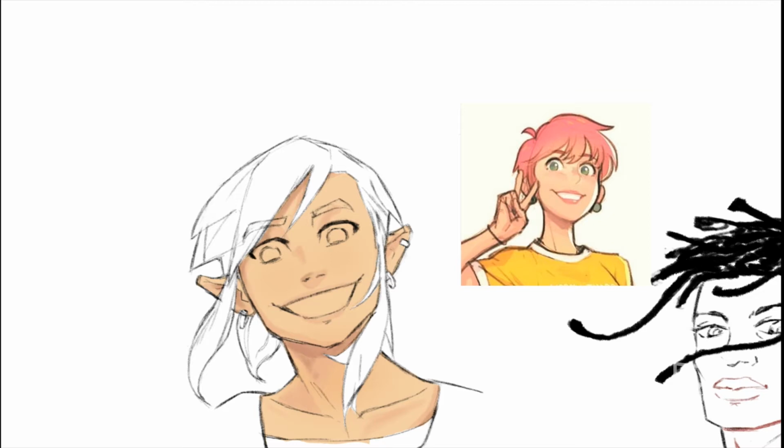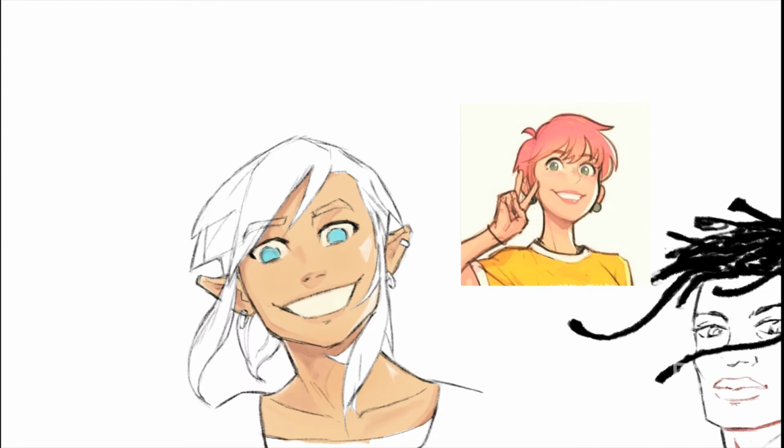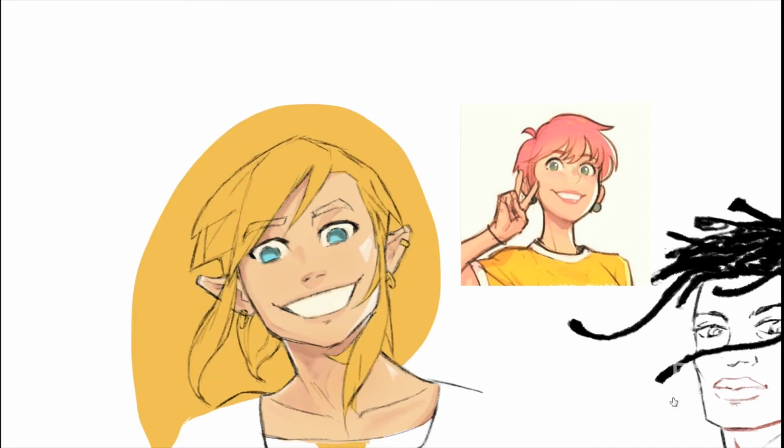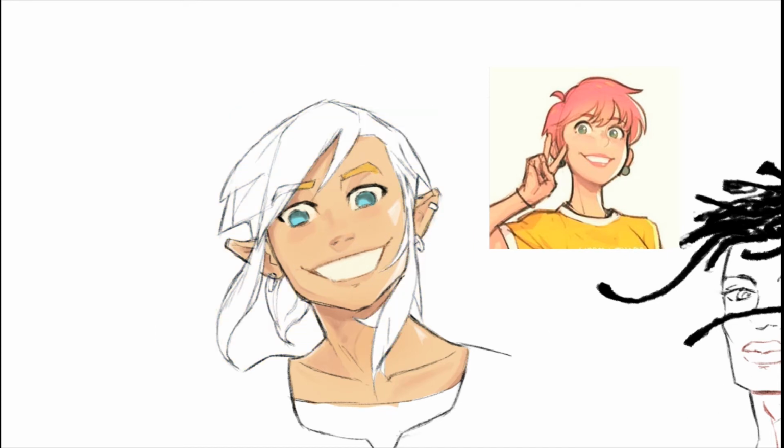So the first artist that I chose was CT Chrysler. You can find him on Instagram at CT Chrysler. He's a fantastic artist. I really like how he blends simplicity with realism, and the tones that he uses are very colorful and very bright and very expressive. So I used him as my first style study, and I'm just going to go through and explain